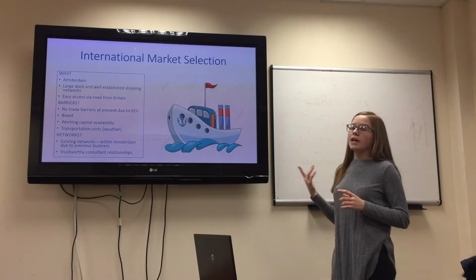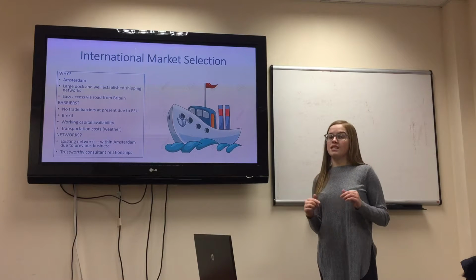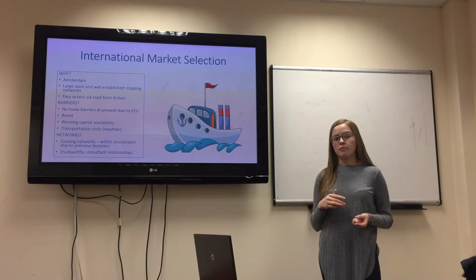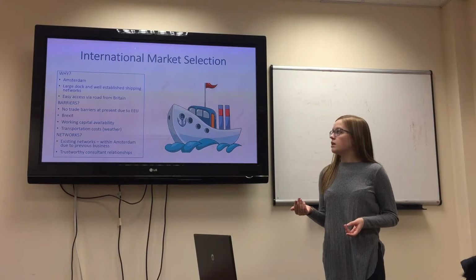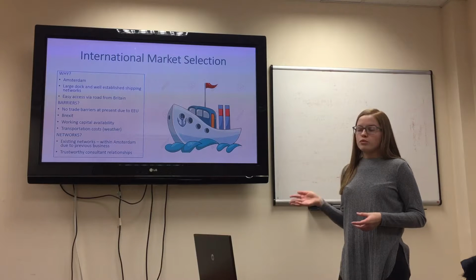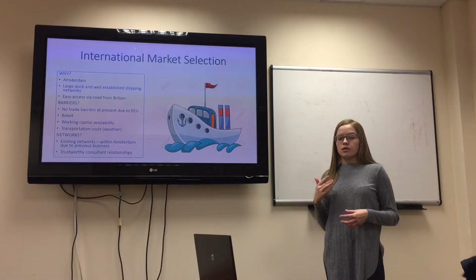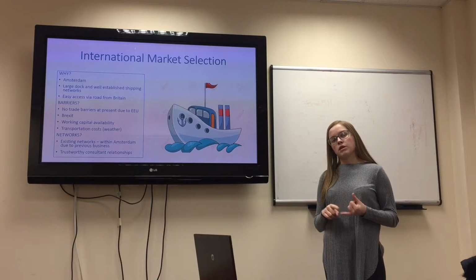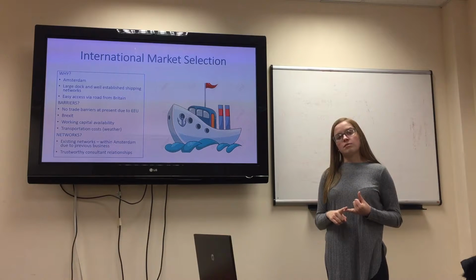In terms of working capital that's available to the company at present, this could limit them opening a satellite branch within Amsterdam because there's initial setup cost, and there also could potentially be issues in an increase in transportation costs due to weather. Weather can affect shipping routes and can also affect roads, so these have to be taken into